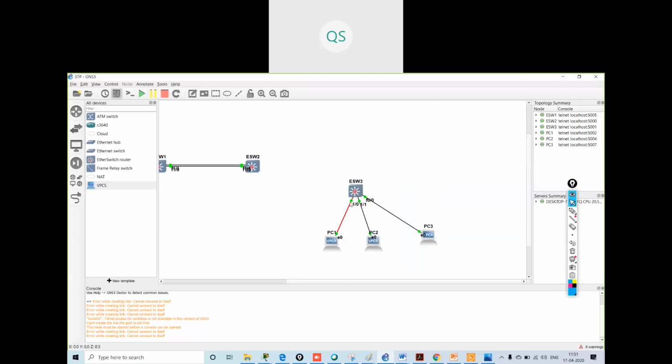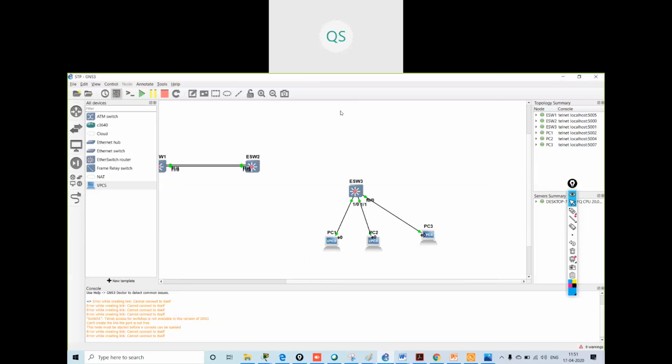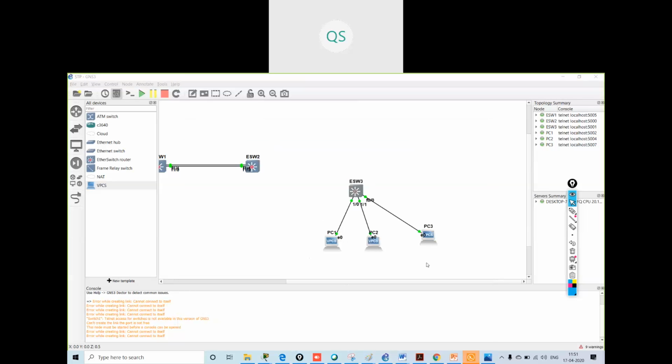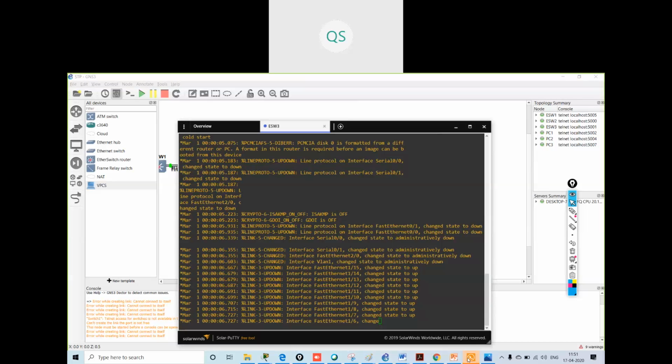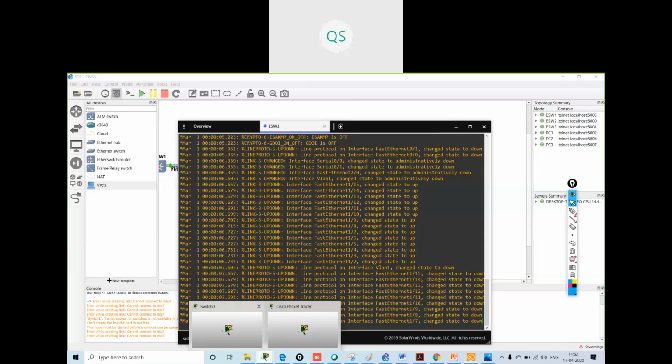We cannot see the color change in GNS3. When we use Packet Tracer, we can see the color changes. So let me go to Packet Tracer only.